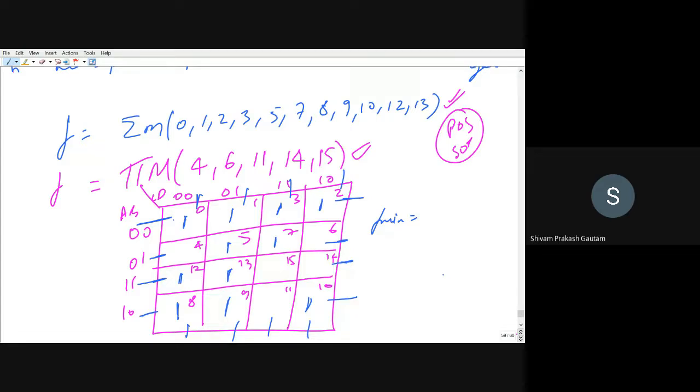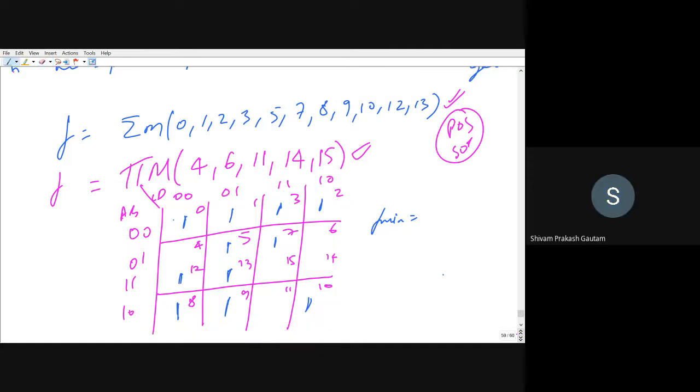Okay. Now tell me, step number 3. That is, is there any cell to which only one adjacent cell is having 1? Cell 12 and 10. If you see cell number 10, cell number 8 is having 1.